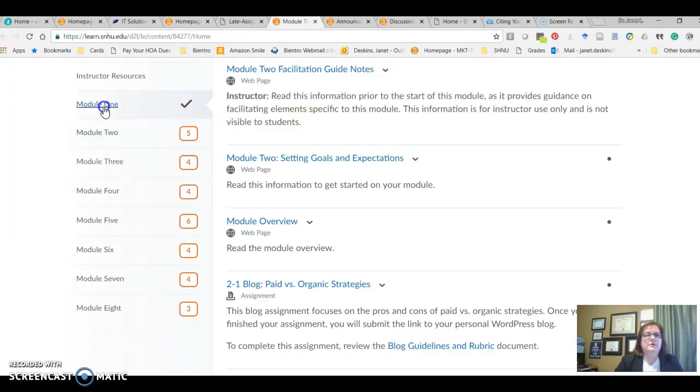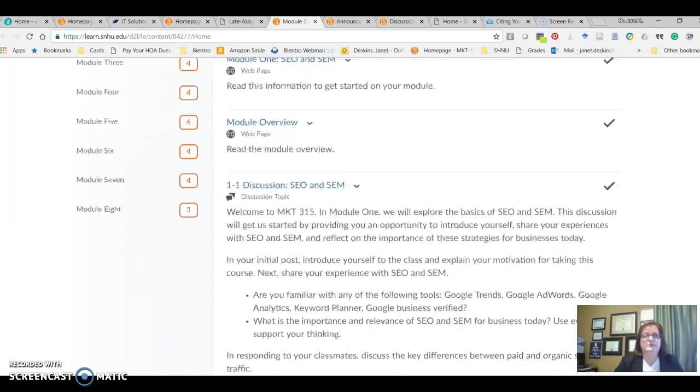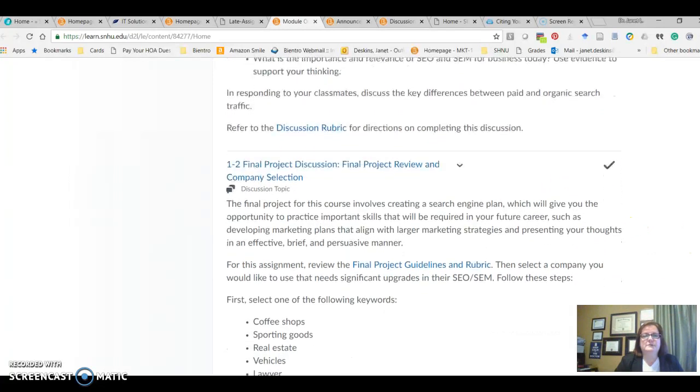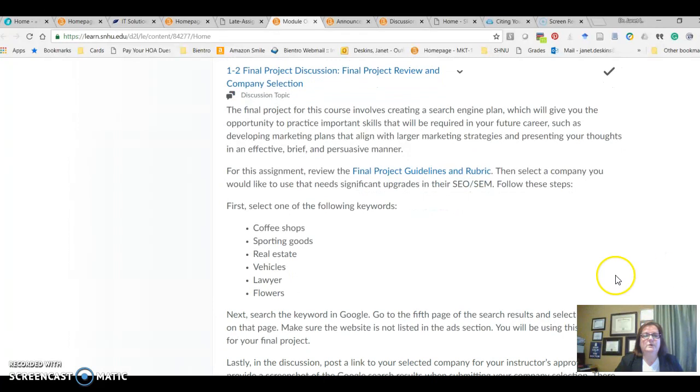Going back to module 1, you've got all of your instructions here, and everything has all of the links that you need, all of the information, and your discussion rubrics for the discussion posts. For week 1, you're going to pick one of these categories, and we're going to stick with this category for your assignment throughout the entire course.